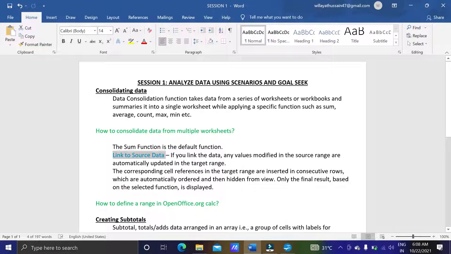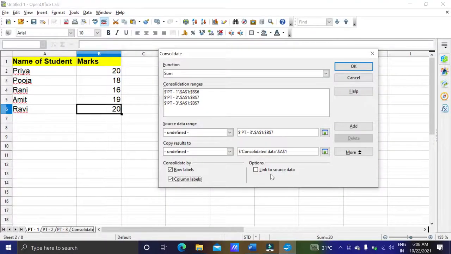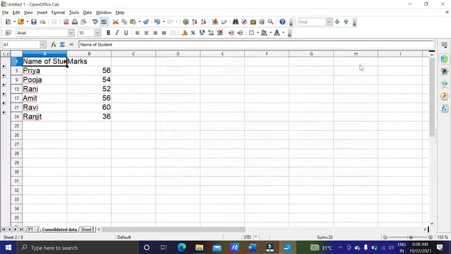If you link the data, any values modified in the source range, meaning these PT1, PT2, PT3 sheets, are automatically updated in the target range if you go for link to source data. We don't want it to be one time, we want it to change according to the data when we change it. Okay, so let's do this. Link to source data, we will see if I change the data, then it will show in the consolidated sheet also.